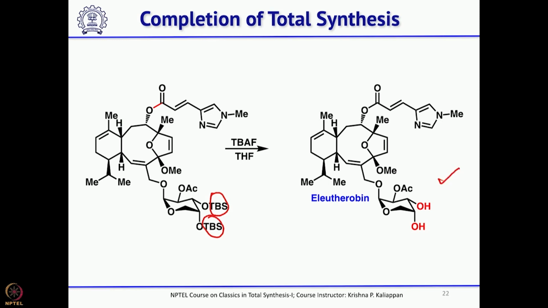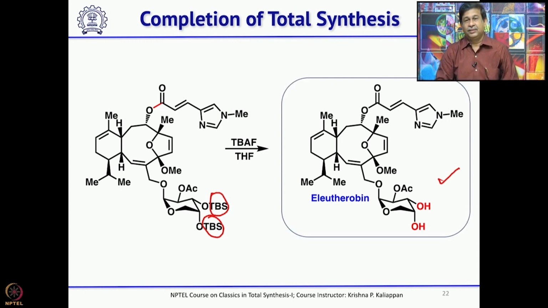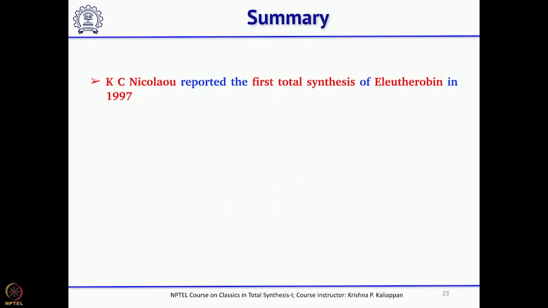Okay. It is a very important total synthesis and it was the first total synthesis of eleutherobin reported in the literature. And if you look, the key reaction is the intramolecular addition of lithium acetylide to the aldehyde to get the 10-membered ring. Okay. And then the hydrogenation of the triple bond to the double bond followed by cyclization to form the 5-membered ring. These are the two key steps in the total synthesis of